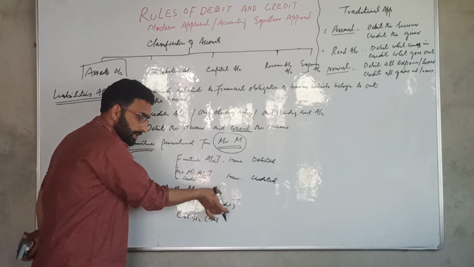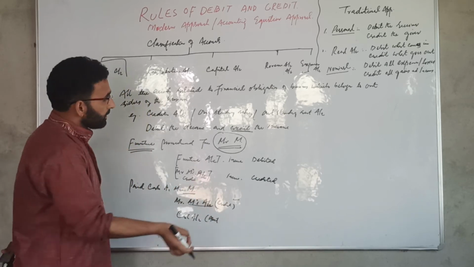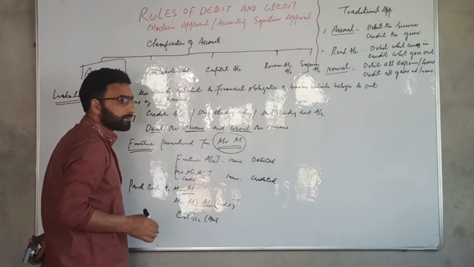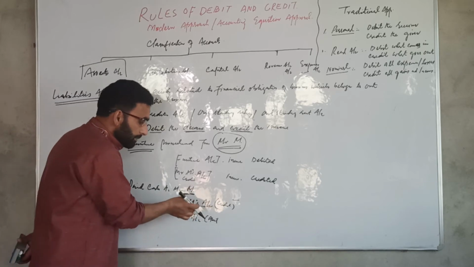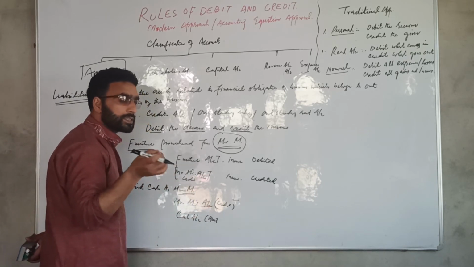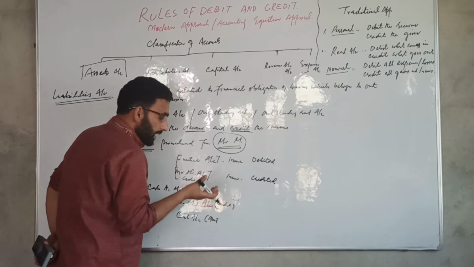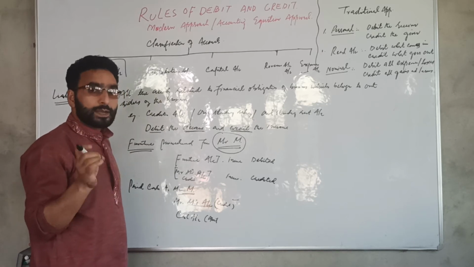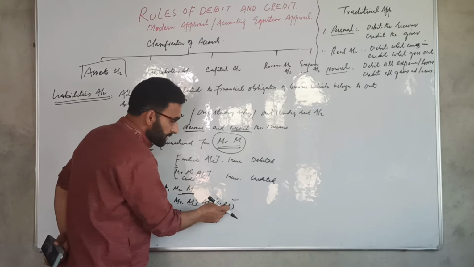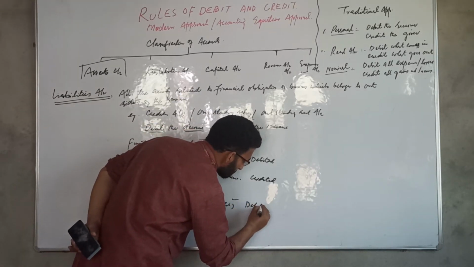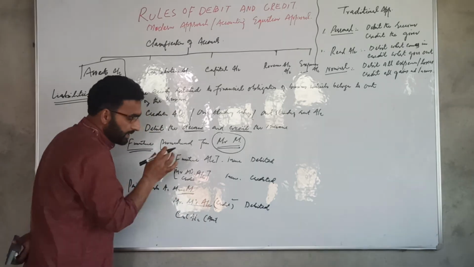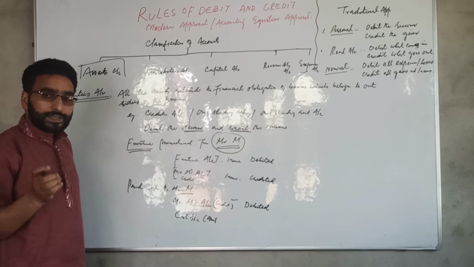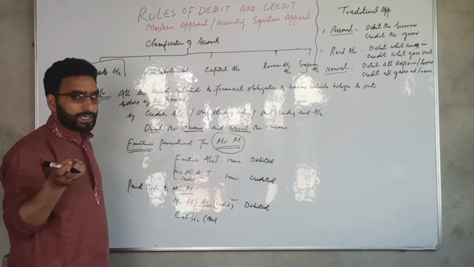The business paid cash here to Mr. M, so Mr. M's account goes down. When there is a decrease in liabilities, here Mr. M got cash, the business has nothing to pay to Mr. M, or it may pay a little, but Mr. M's liability claim is reduced, so Mr. M's account is debited. Similarly, the cash is also reduced. When there is any decrease in assets, the assets account is credited.